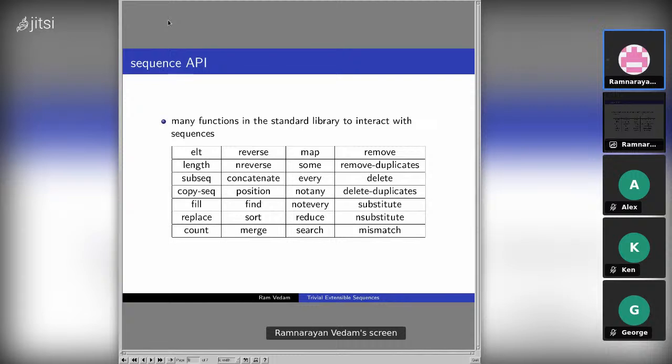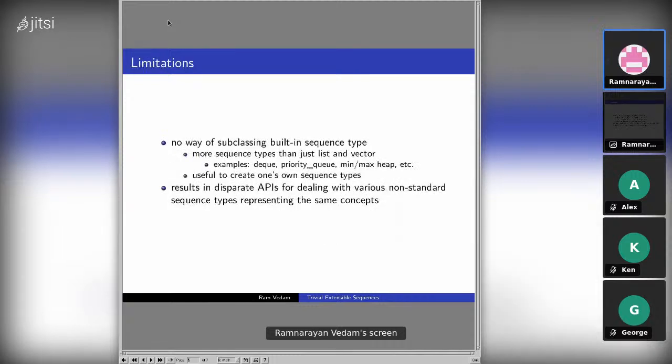What is it that we can't do? And I will show this to you in our code example later on. But in a nutshell, currently you cannot define a subclass of the built-in sequence types. It will, in fact, I think, throw a condition saying that this is not possible. All right, and this is a pretty big limitation, mainly because there are more sequence types than just list and